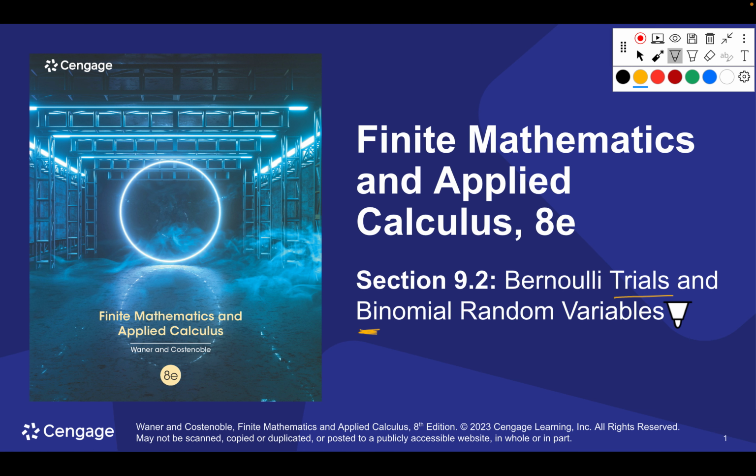Most of those were Bernoulli, or sorry, binomial, because there was only either pass the test or fail the test, something like that. There were a few we got at the end where there were three things that could happen. That's not binomial. So we're going to see it's very similar, but we come up with a little bit more simplified formula, tying in what we've done before with the counting and thinking about it.